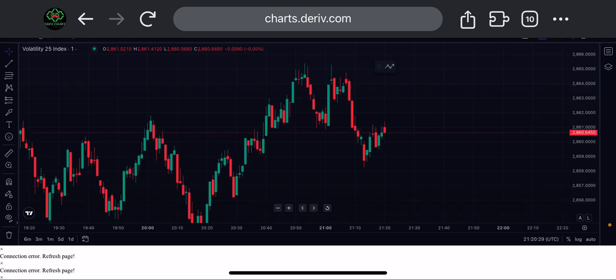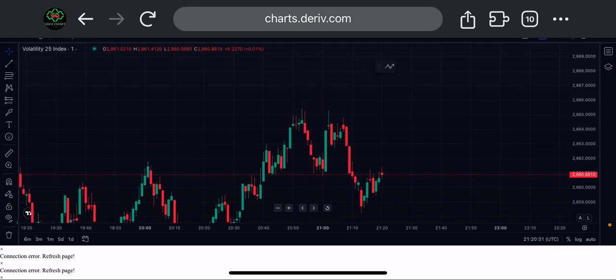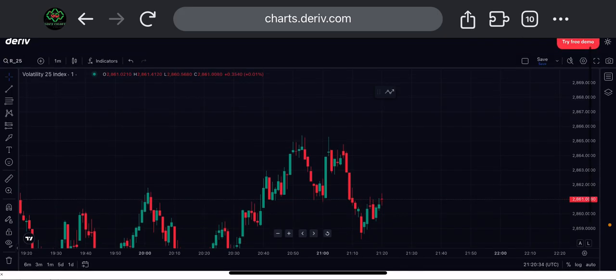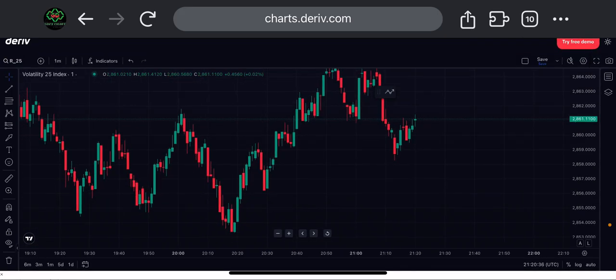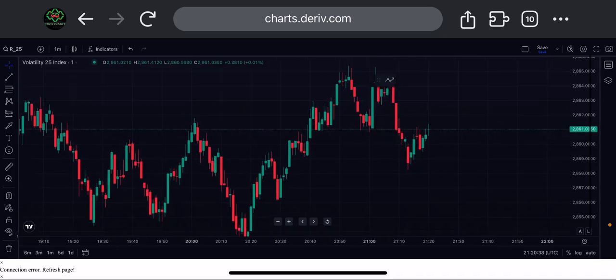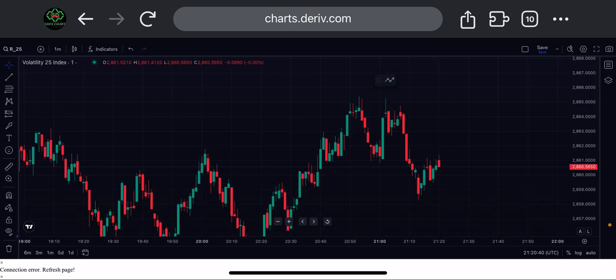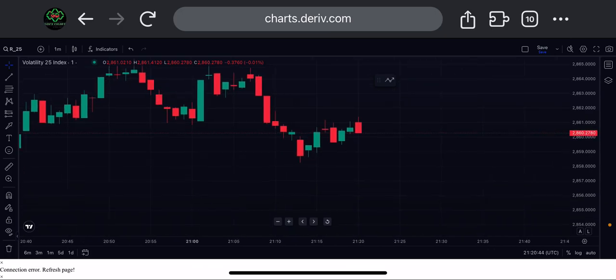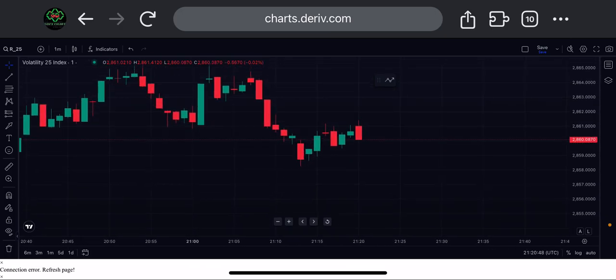This particular market doesn't close. No matter what happens, this market doesn't close. So it is totally different from the forex market that you know. At this point, you can see that the candlestick is going up and going down. Look at the last candlestick that is forming. Are you seeing what is happening? It's moving up and it's moving down. Now, this particular